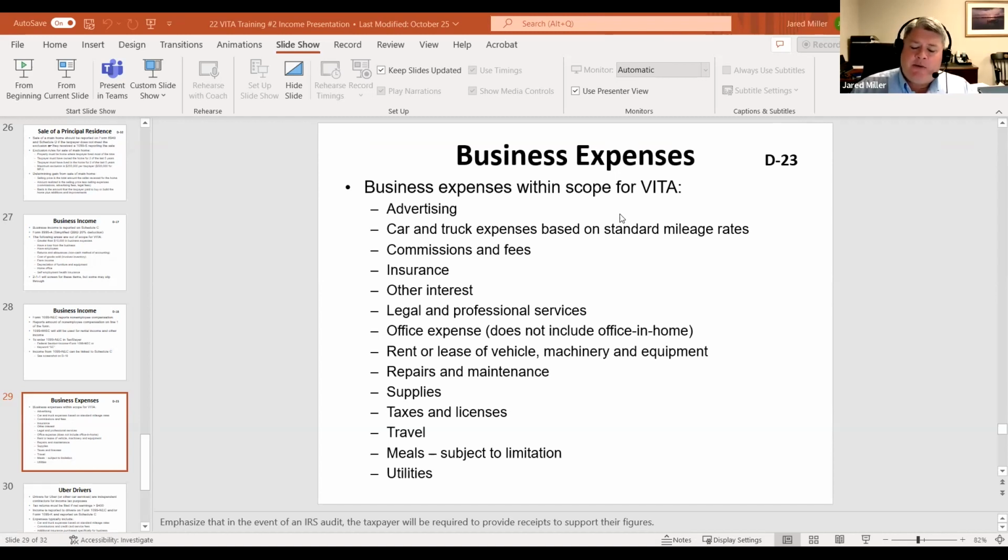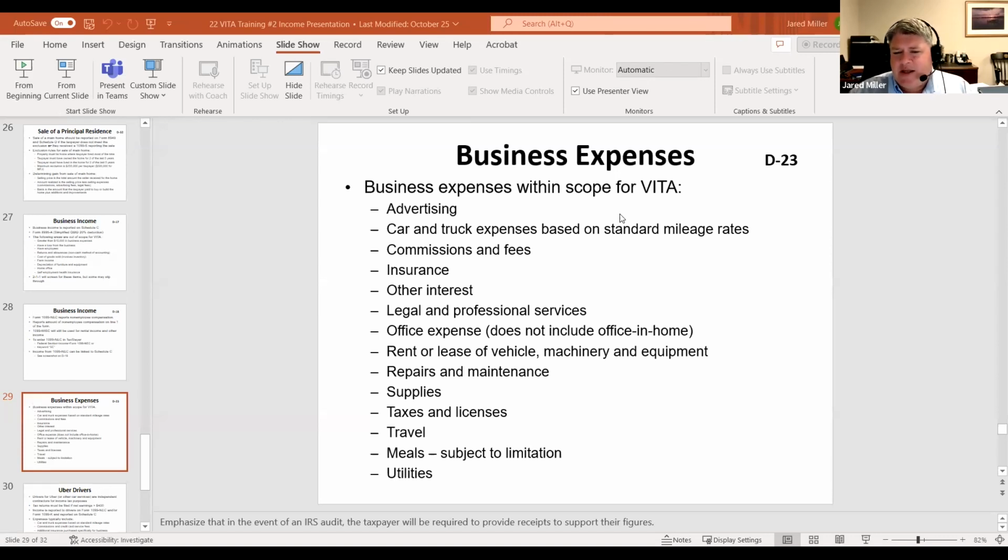Commuting costs do not count, but as they're traveling between sites, maybe they have no standard location, so their home's considered their office, so all that would be considered business travel. We just have to have them give us a mileage report. If they have to pay fees for credit cards, if they have to pay insurance, if they have interest costs for their business, that could work.